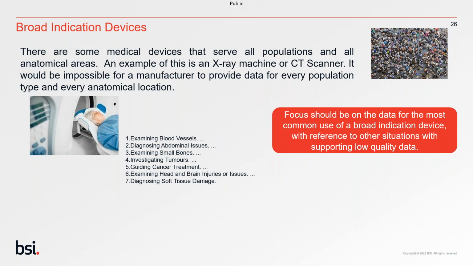website of CT scanners or National Society that did an investigation of where things are going. So examining small bones like the toe. Really, if you focus your heavy weighting of data and data collection to support the most common indications, then that's an acceptable approach. We know that there will be sometimes where perhaps there are things that are less commonly used, and again thinking of that incidence, but again some justification to support those indications is all we need to see as a notified body.